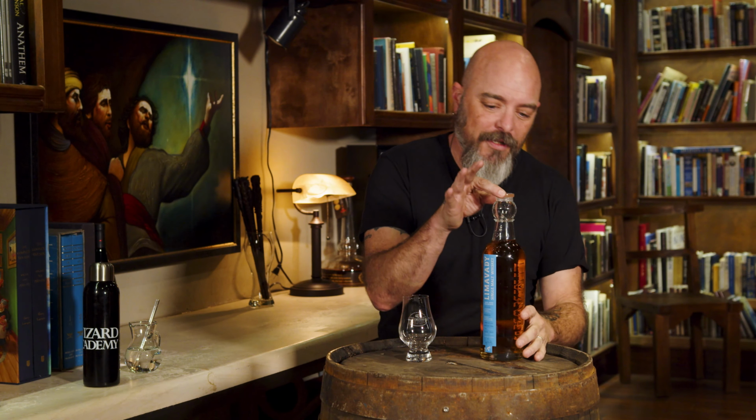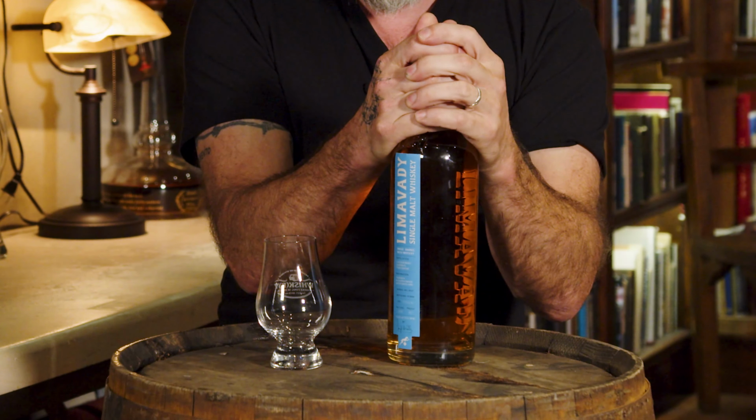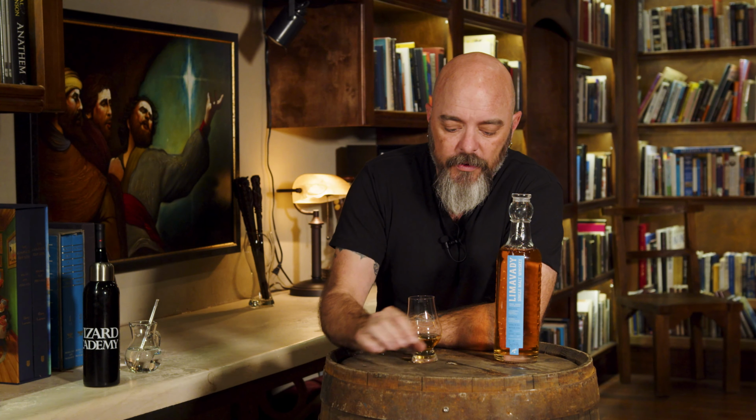Oh, okay. We'll talk about this in a second, but this little glass top is really cool, interesting, unique. Then you try to open it and you can't get a handle on it. It was the Waterford guys who showed me that with these little glass top rubber sealed tops, if you just push against it, it just pops right out with no effort. So I can thank the Waterford crew for that little trick. Okay, so, whoa, bonky. That just caught me off guard. Okay, so what happens is,